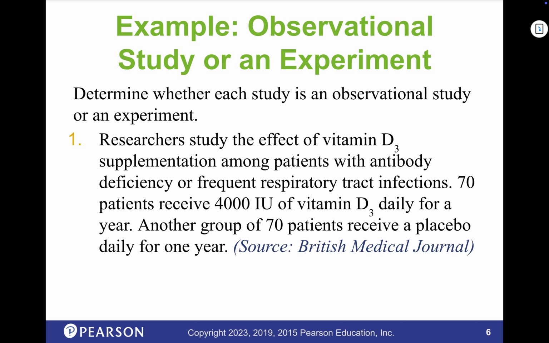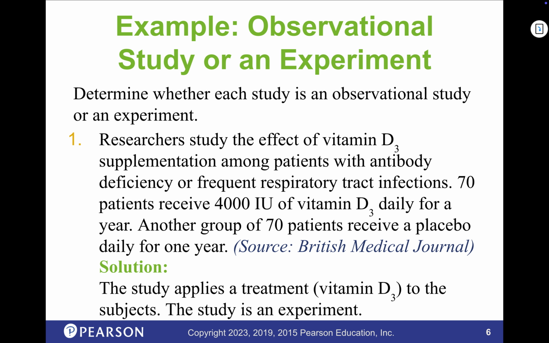Experiment or observation? Experiment. Why? How can you tell? Two groups, one getting it, one getting a placebo. Good, very much. Same thing, yeah. So we're looking for, is there a treatment? And then also a giveaway is if there's two groups, one that gets it, one that doesn't. That's always going to be there. Well, occasionally they don't have a control group, but most of the time they will.